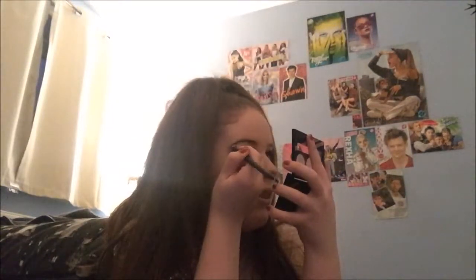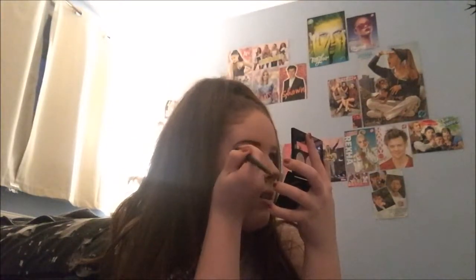So I'm taking my Collection brow kit in blonde and my angled brush, take this shade, the nice browny shade, and just run this in the brows and shape them. To be fair, I've not really been shaping my brows much. I've just been giving them a bit of colour and shaping them the tiniest bit, because I prefer the natural looking brow recently,